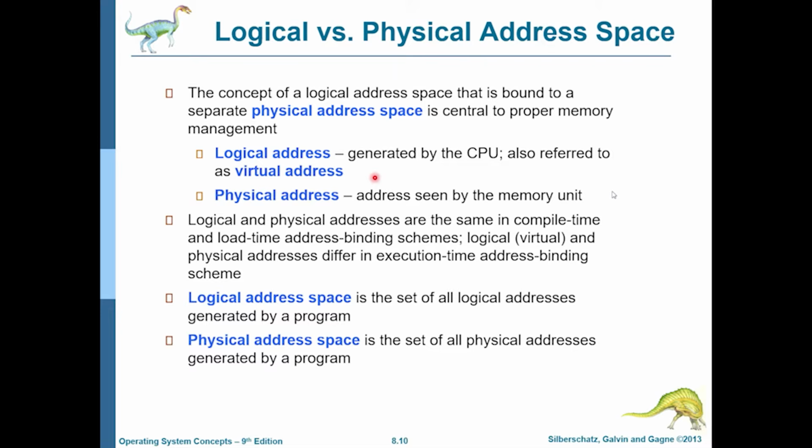Now, when you are doing compilation or loading or linking, the program is not running yet. And for those purposes, logical and physical addresses mean the same thing. But when the program is running, the CPU is generating virtual or logical addresses, but those may not be the same addresses that the memory unit is seeing at runtime or execution time. The memory management unit that is sitting in between the CPU and the memory unit might be, because it does not always happen, converting these logical addresses to physical addresses. And for the cases of running programs, there might be a difference between logical and physical addresses.